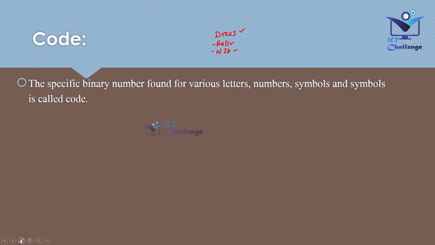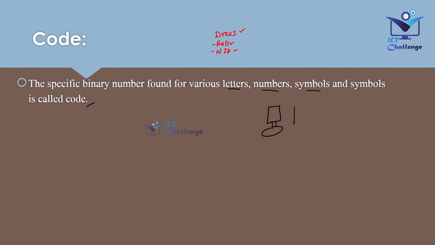So I have to change my pen color. Now the code is the specific binary number found for various letters, numbers, symbols, and is called the code. Actually, how code works and why we need this code. If I give an example to you,